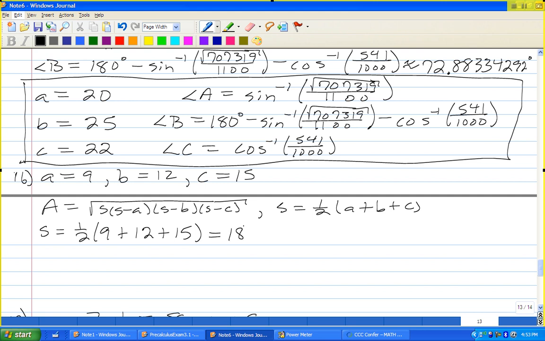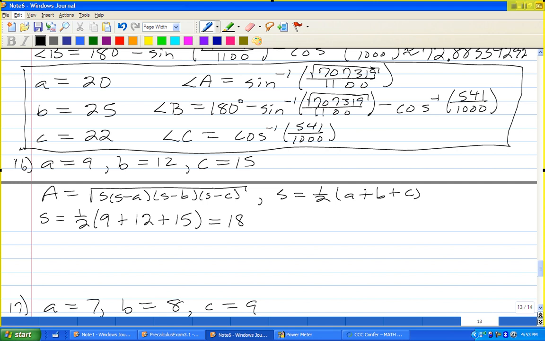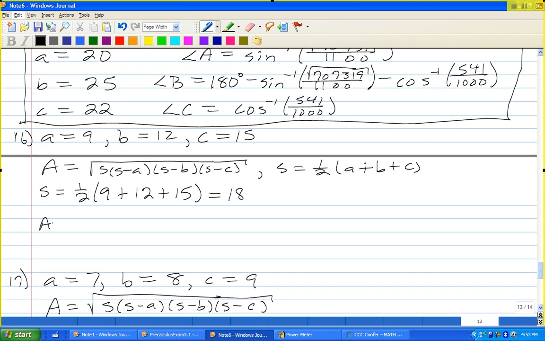So let me add that up. 9 plus 12 plus 15 divided by 2, 18. And so the area is equal to the square root of 18, (18 minus 9), (18 minus 12), (18 minus 15),